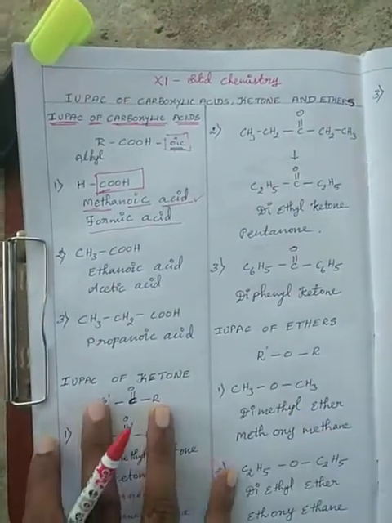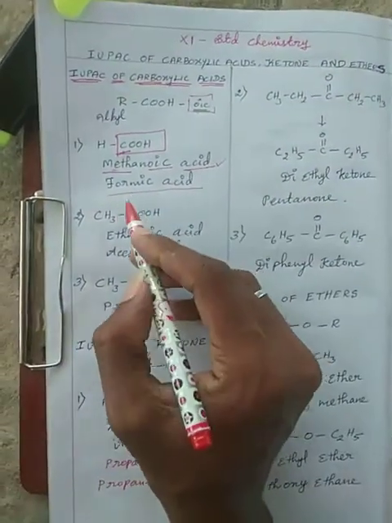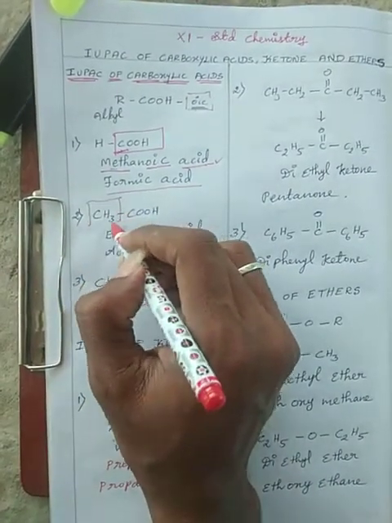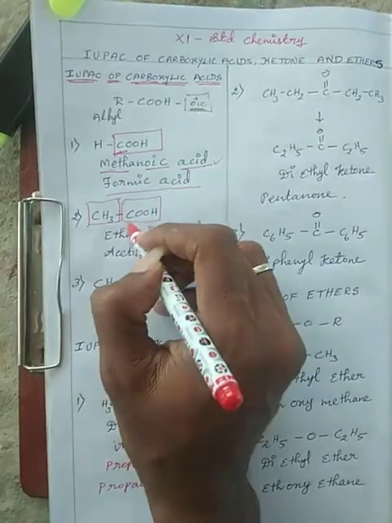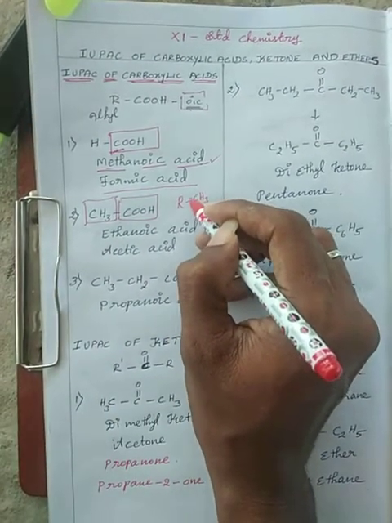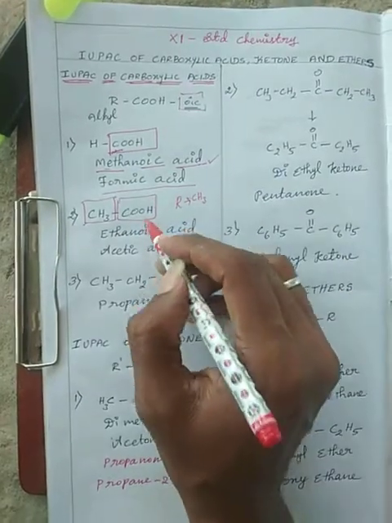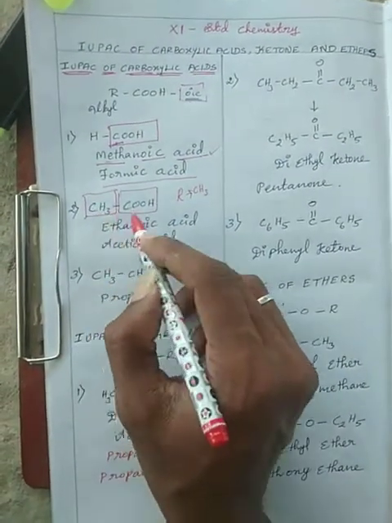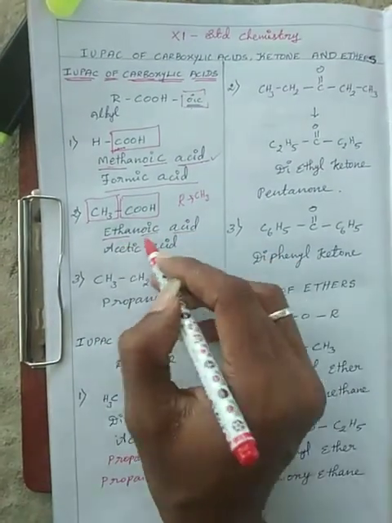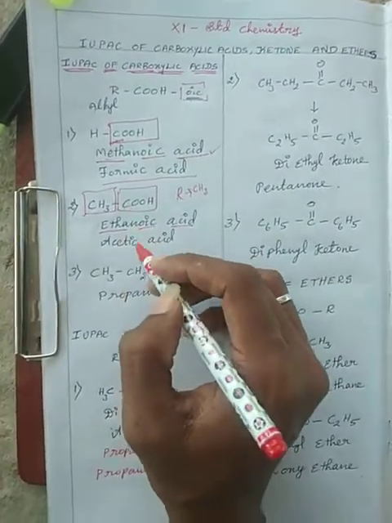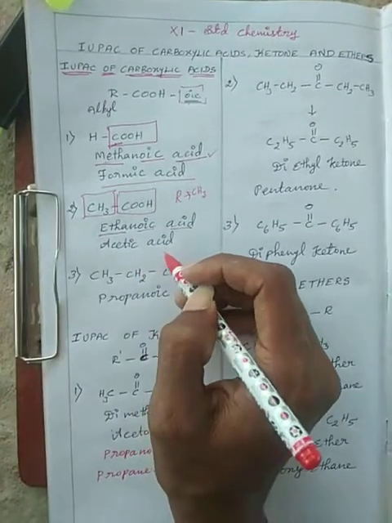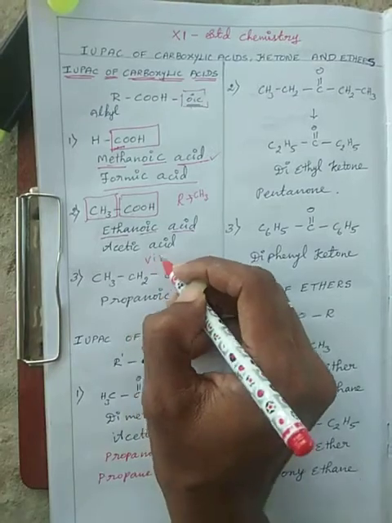Next, consider one alkyl group present, an R group, with the carboxylic acid group also present. Here R is a methyl group, CH3, and one carboxylic acid group is present. So there are 2 carbons here: "eth", "oic" and acid, ethanoic acid. The common name is acetic acid. Acetic acid is most commonly used as a preservative and is called vinegar. Common name: vinegar.